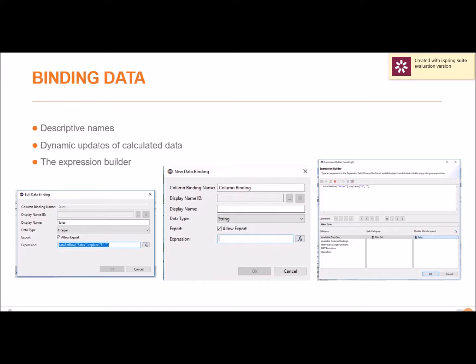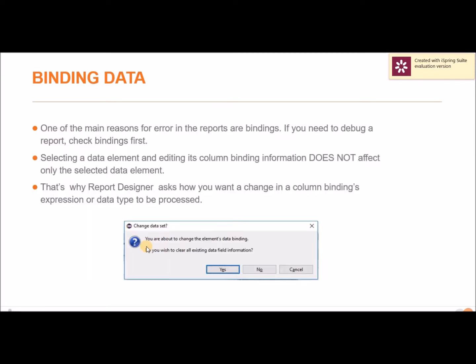And those are dynamic updates of calculated data. So you use this expression builder. Now, one of the main reasons for errors in the report are bindings. I cannot stress that enough: if something goes wrong with your report, it's probably binding. Check that first. Selecting a data element and editing its column binding information does not affect only the selected data